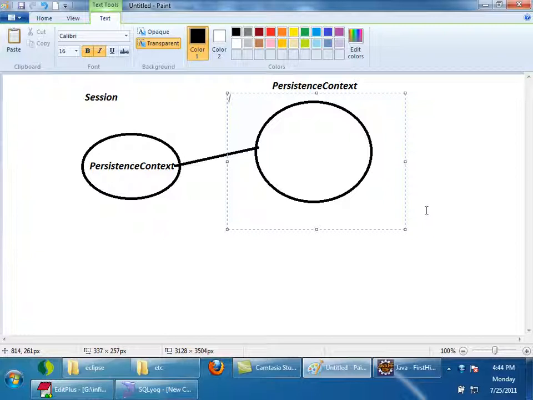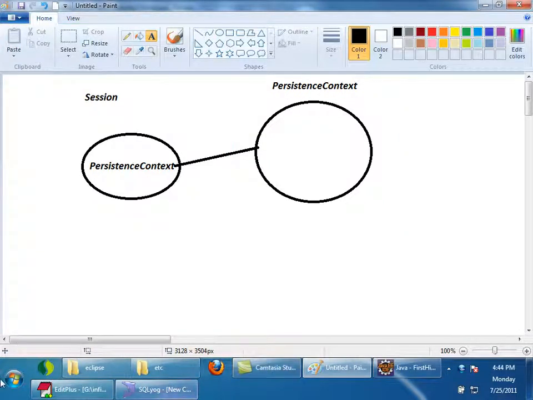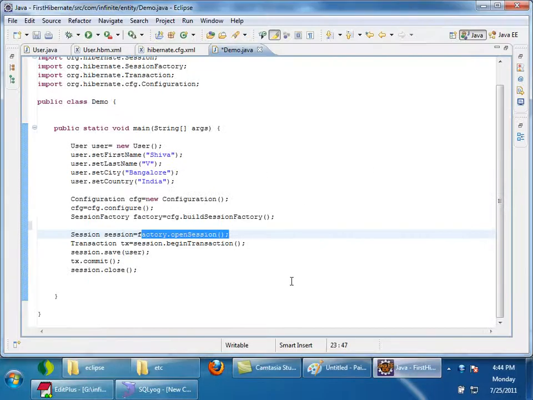In our example, once factory.openSession is called, the persistence context is created internally. Is it having a reference to any entities right now? No, the persistence context is empty.